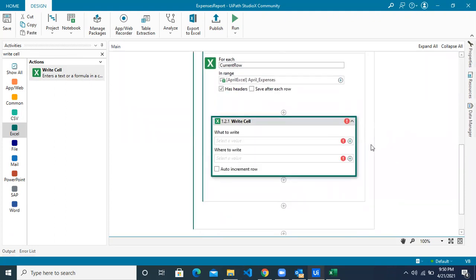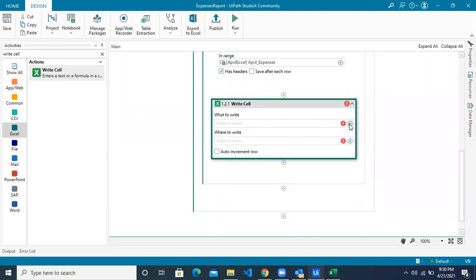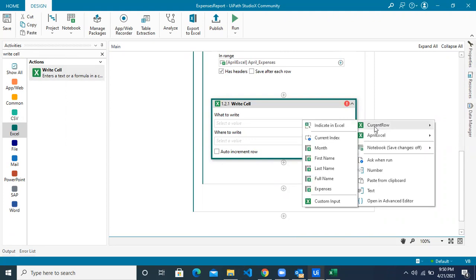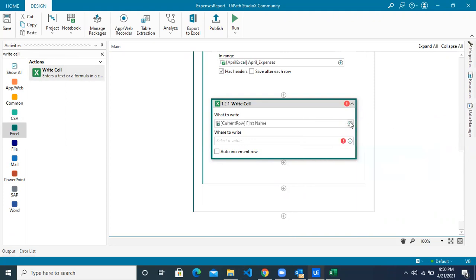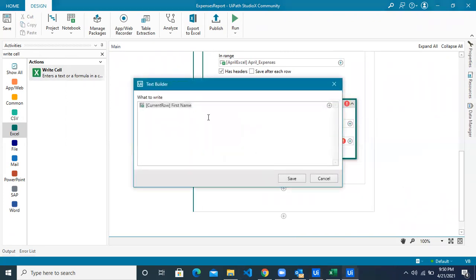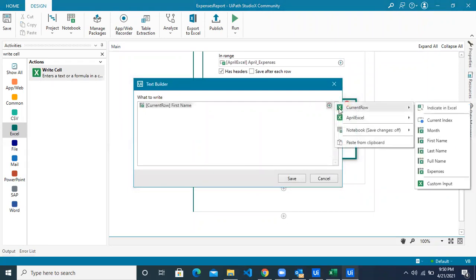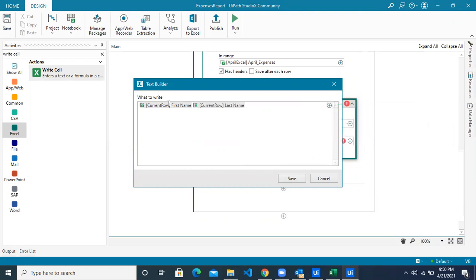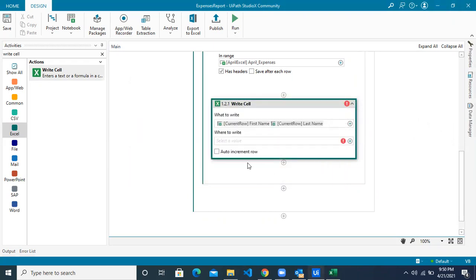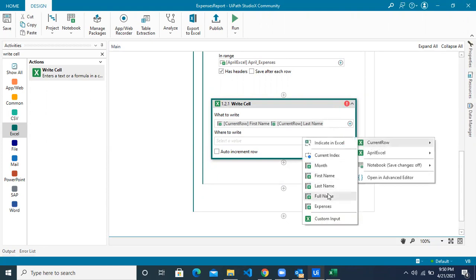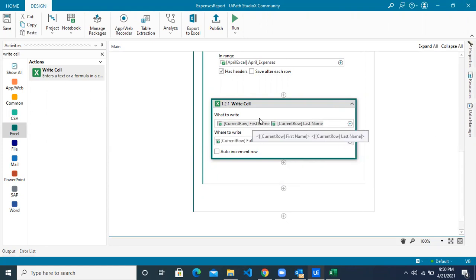So write cell, what do you want to write is click on the plus button, your current row first name, then you click on the text, then give a space, and then your current row last name. So combining these two values and writing it to, click on the plus button, current row full name. So B and C columns value will be now saved in the new column called full name column.